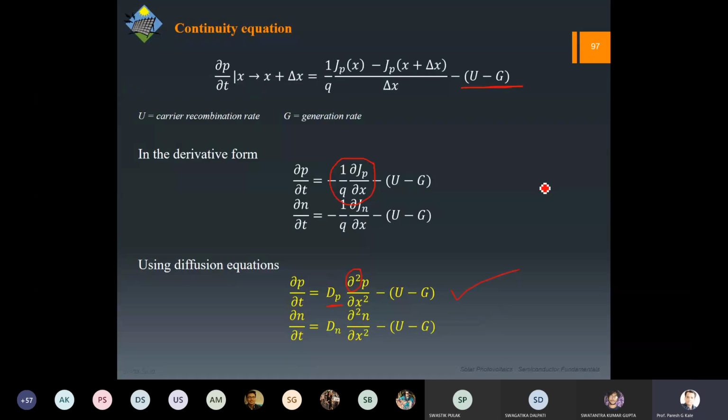By the way, whatever equations I'm giving in this chapter will be used later, and we will apply them to the PN junction, right? Right now we are just stopping at deriving the equations. In the last lecture, we already talked about the diffusion current. Now let us talk about the drift one.